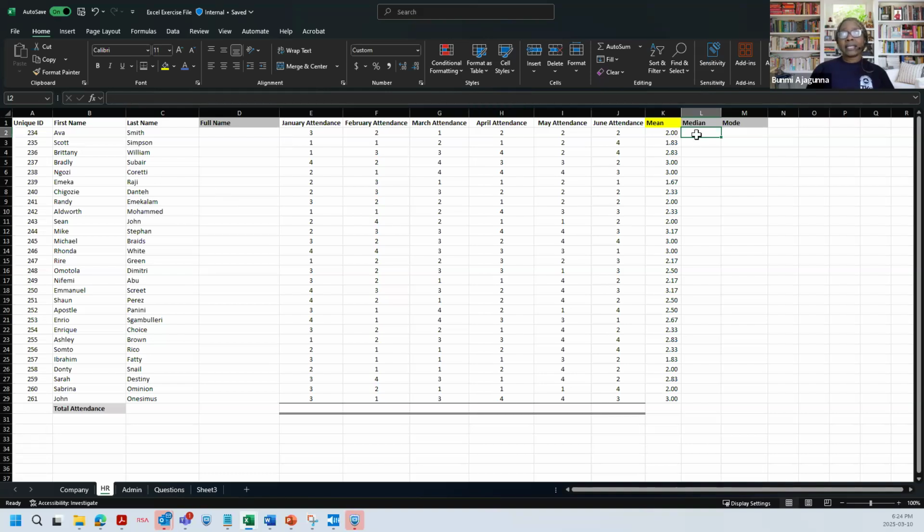So you click in there in your L2 and you type in is equals to, then you type median. Then you open your bracket. Once you have done that, you then select what you want the median of. In this regard, we want the median of the attendance of each of these employees from January to June.